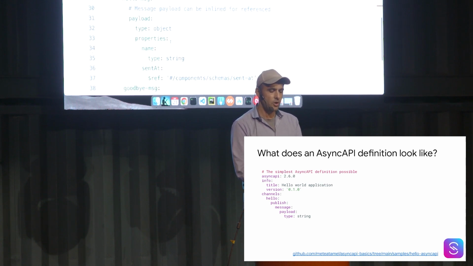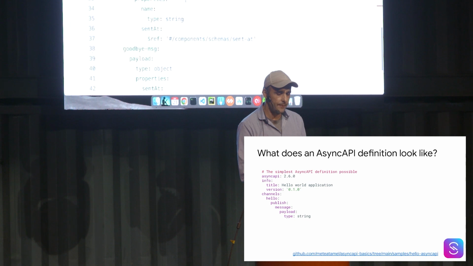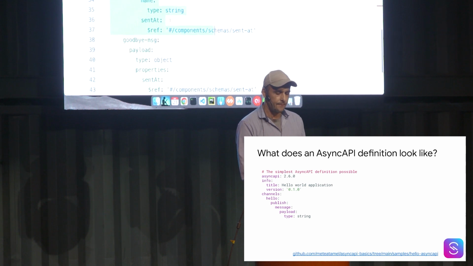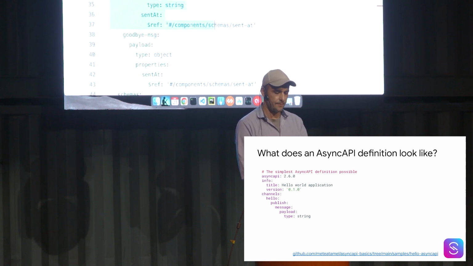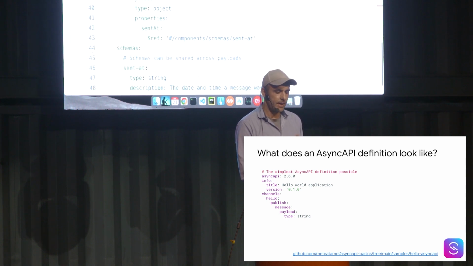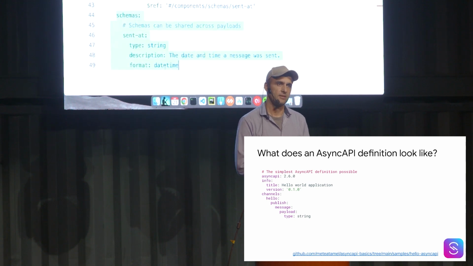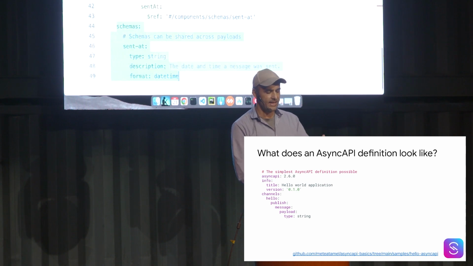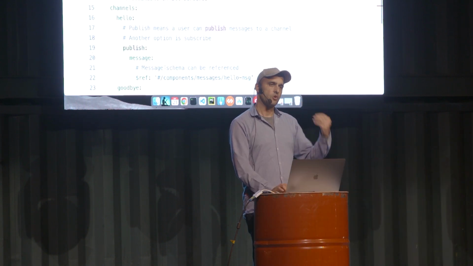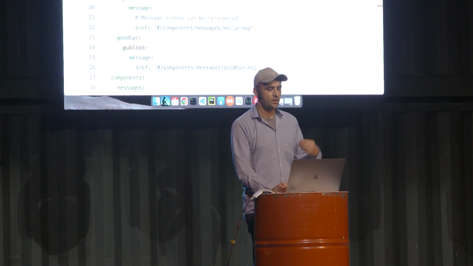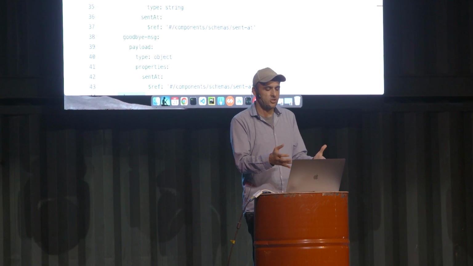Then under components, we're going to actually define how these messages look like. So in components, we define the hello message, and the payload of that message is an object that has a string type, and then it also has a sent at type that we're going to define later. And then finally, the goodbye message also has an object type that has a sent at type. And finally, under the schemas, we see that sent at, it's a string, but the format is date time. So that's the format. So you see here that we are defining exactly what server we have, what channel we have, what kind of messages you can send to, and also how does those messages look like as well.